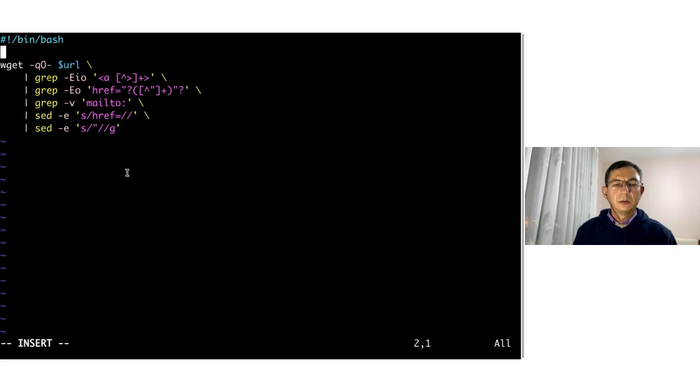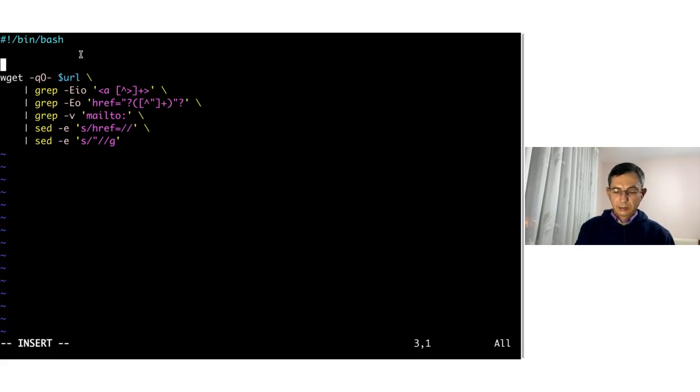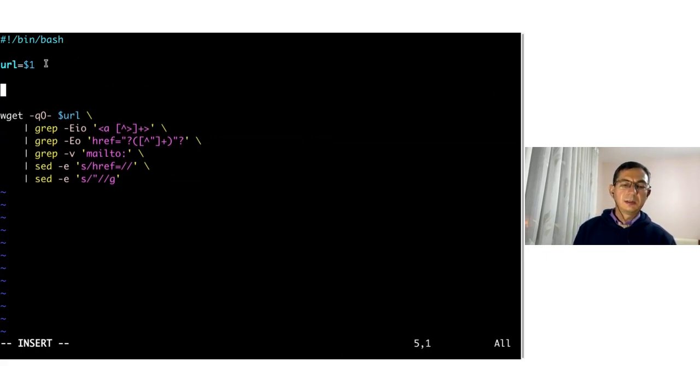And also this URL should be the first argument of the script. So URL is $1, which is the first argument of the script. And we can check that it is not empty, because if it is empty, this wget will fail. So we can say if -z "$URL", which means if it is empty, then